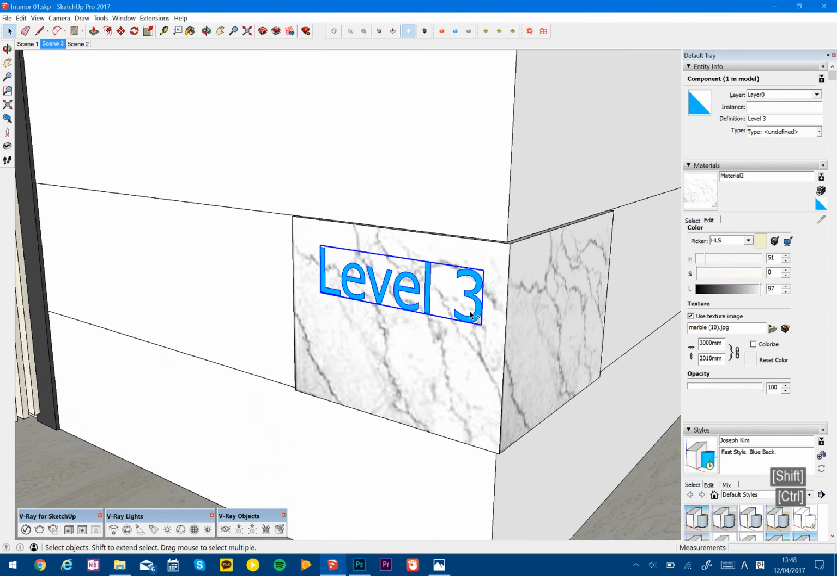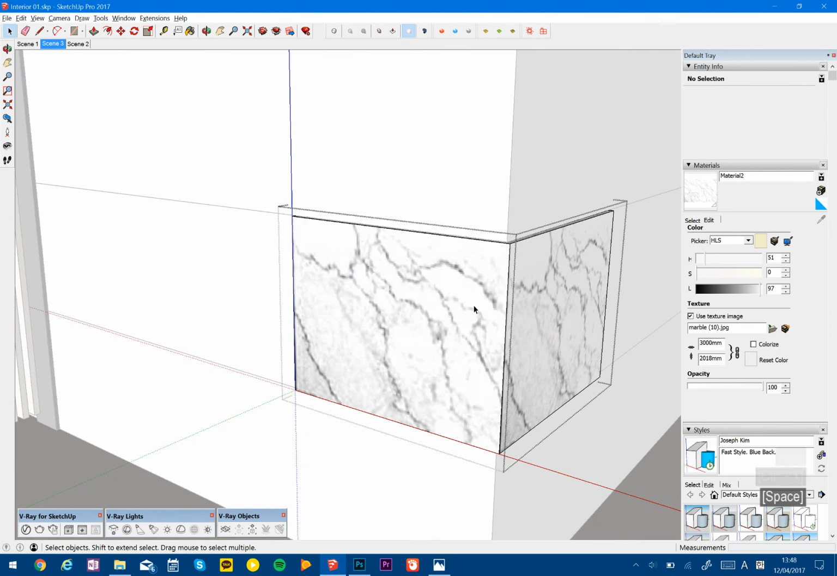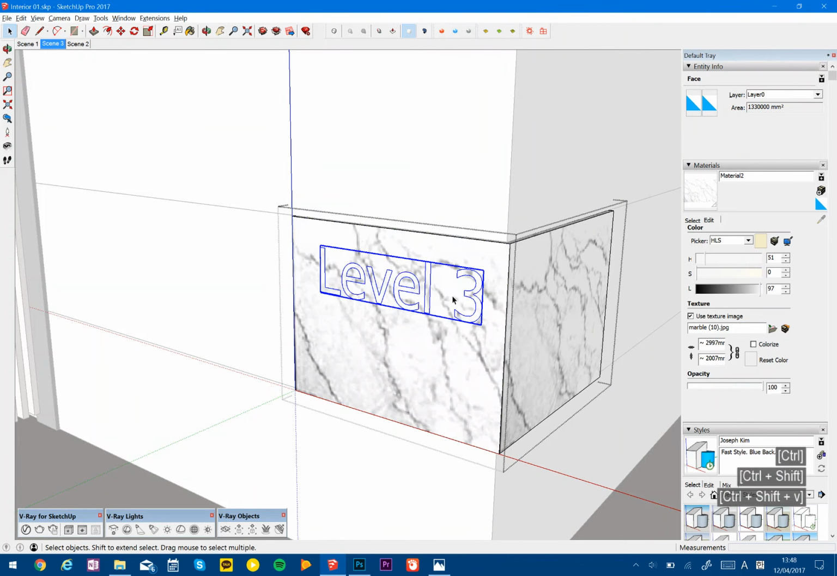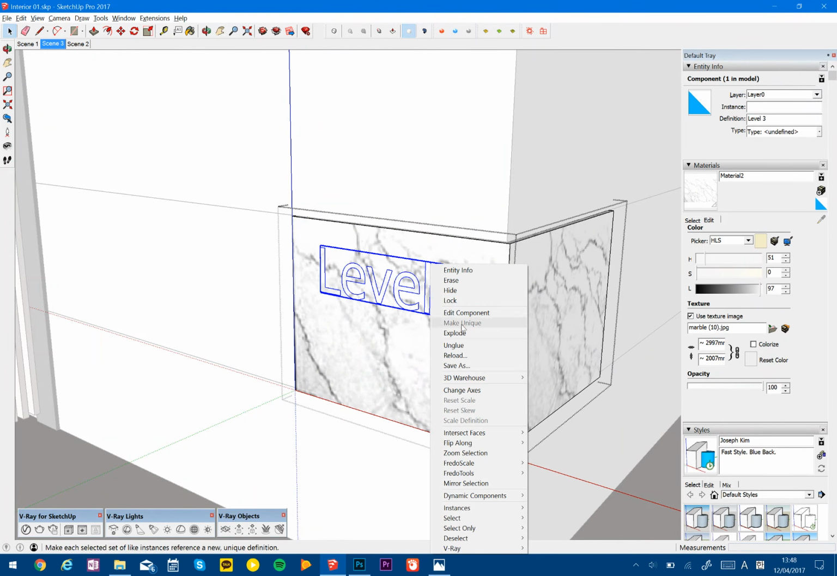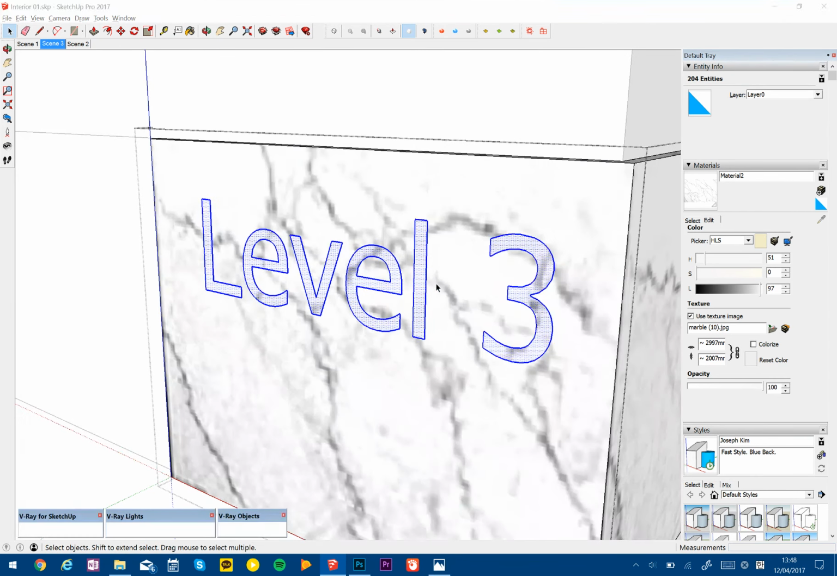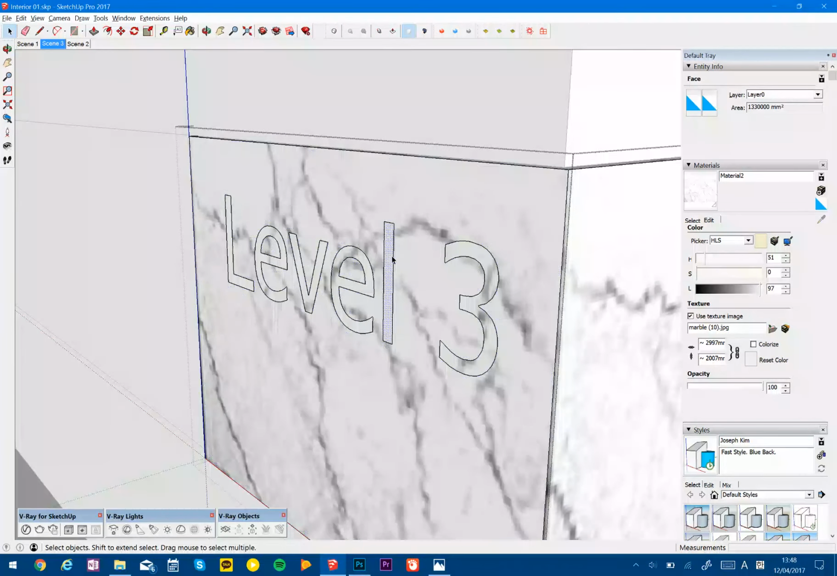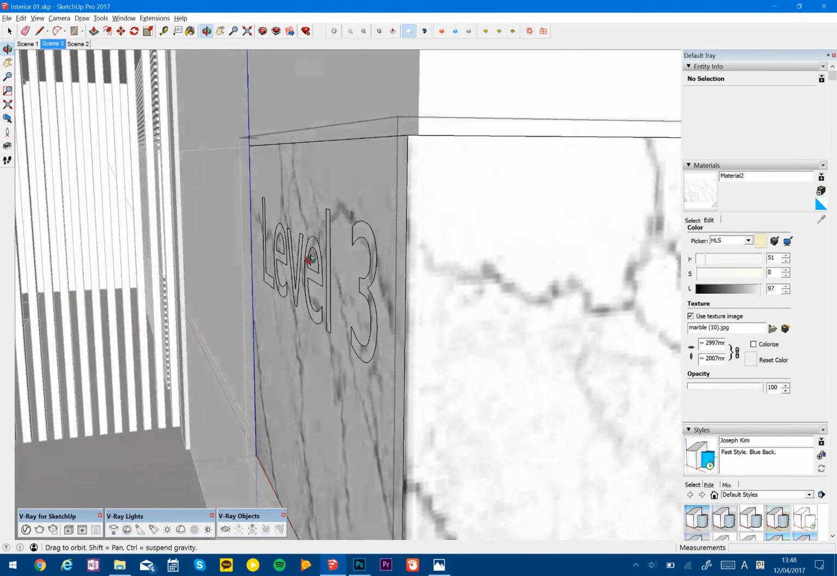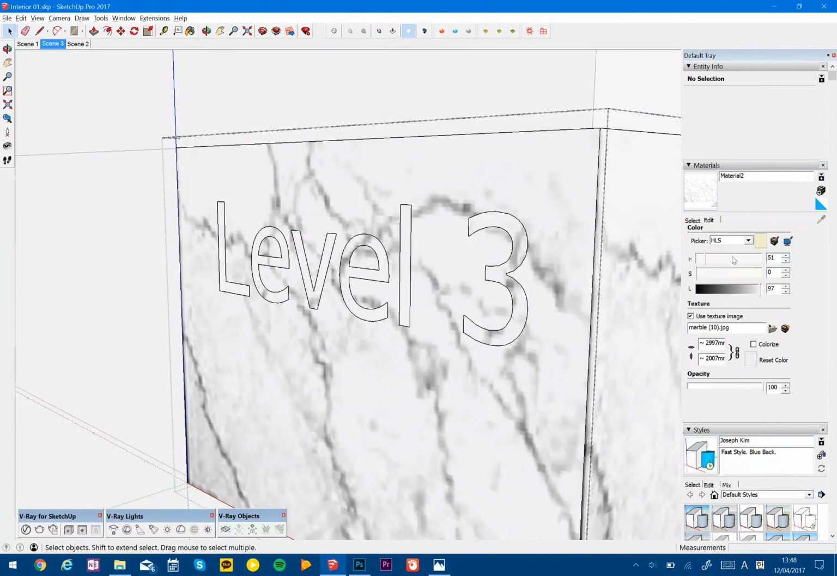place it there. I'm going to cut that out, go inside of that group, paste in place, so now it's sitting inside, and then I'm going to explode it. So once I explode, that'll have, and then you can push pull now. But before I push pull, what I will do is